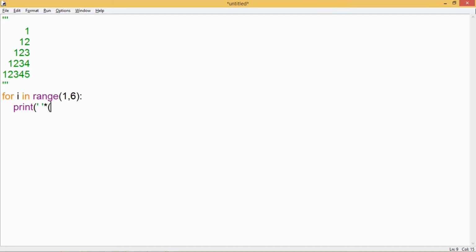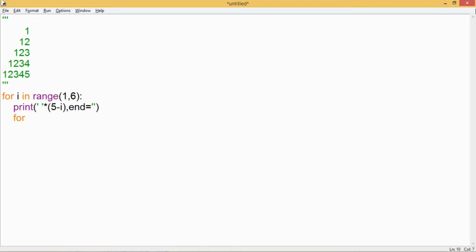So I'll have to specify a number which actually keeps on decreasing with number of rows. Now in the first line, according to the numbers that have been displayed, I can see that there are 4 spaces. So I'll write here 5 minus i, 5 because I have 5 rows, and then I will keep on subtracting the value of i from 5. This will print the spaces accordingly, and I'll replace the value of this end argument also. So if the value of i is 1 for the first time, 5 minus 1, which is 4. So in the first line, I'll get 4 spaces. Next time when the value of i is 2, 5 minus 2, I'll get 3 spaces.